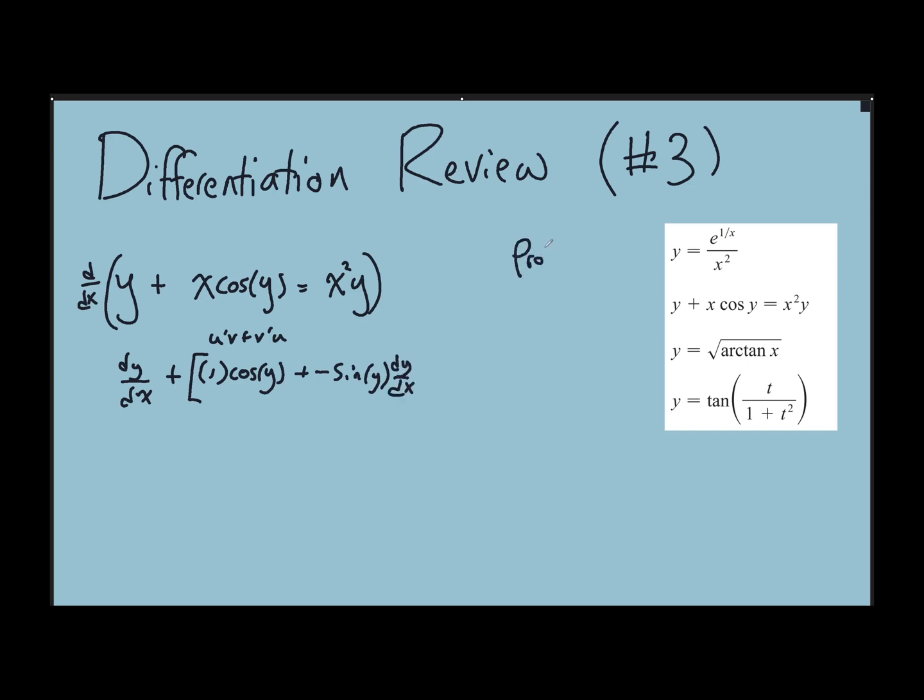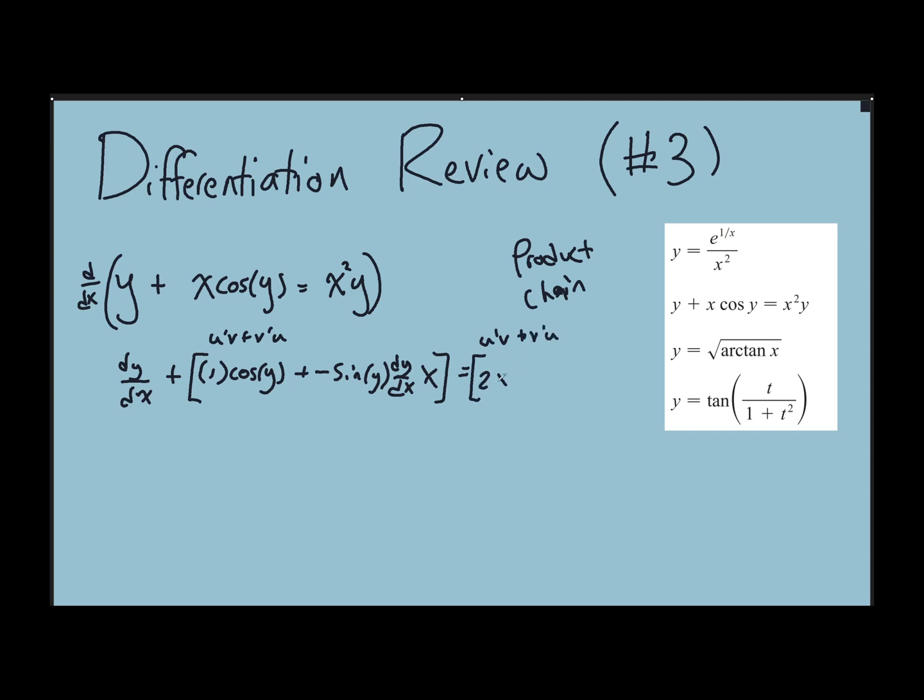So we got a product rule, we got a chain rule, and what's over here? V prime u, what's our u? That's x,